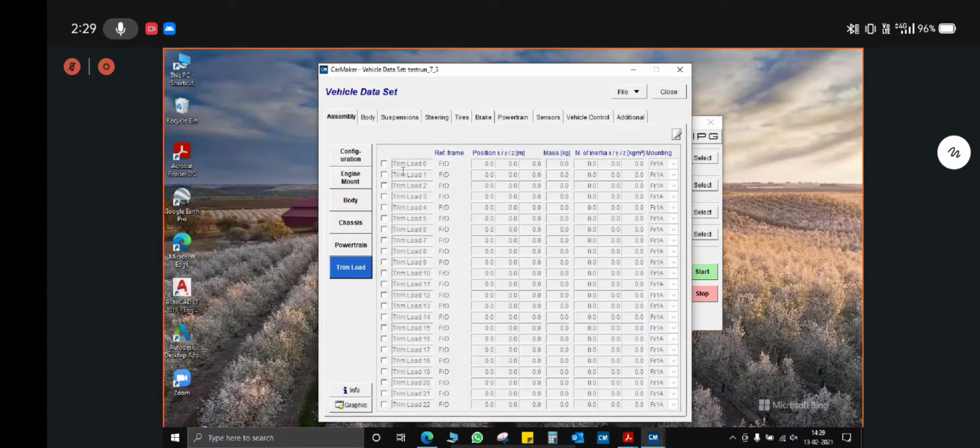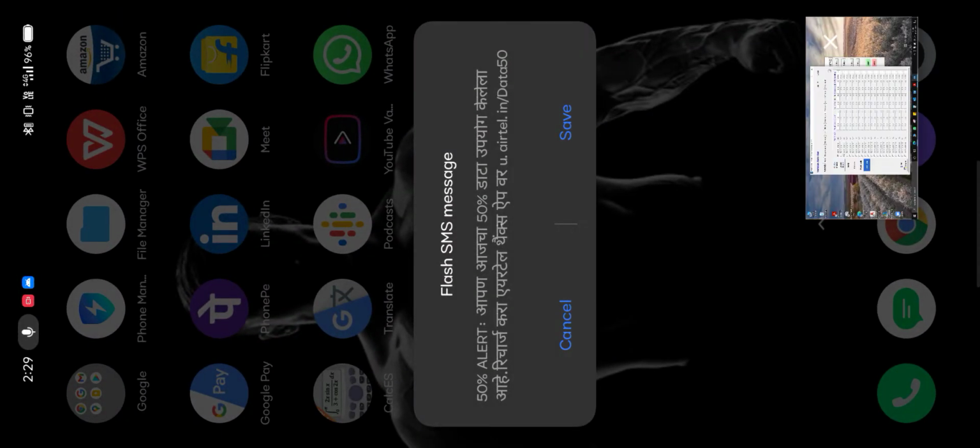Okay, then the trim load. The trim load is any extra load that you want to position in the vehicle. It can be panels, it can be a battery, in the sense if you are using a data acquisition system on your vehicle, then the battery required for that, not the battery to control your electric motor.